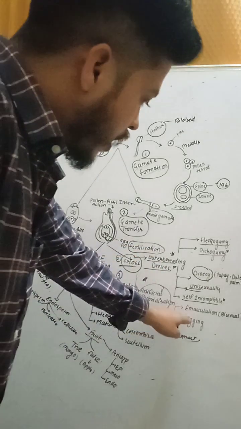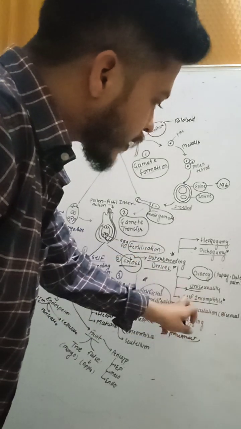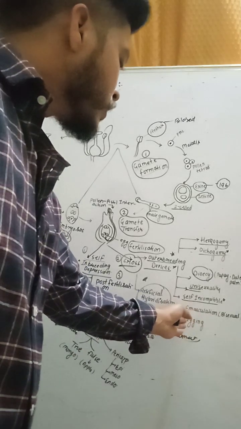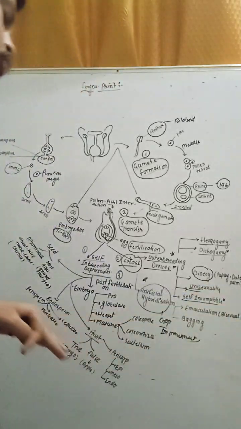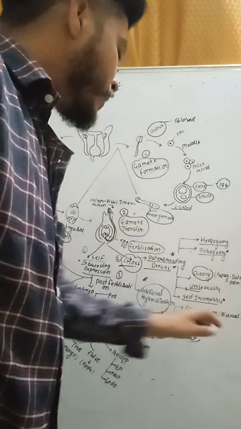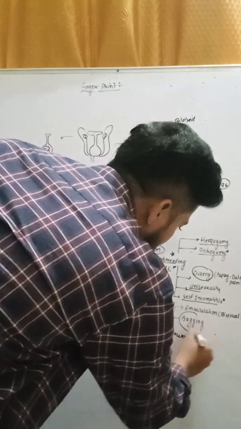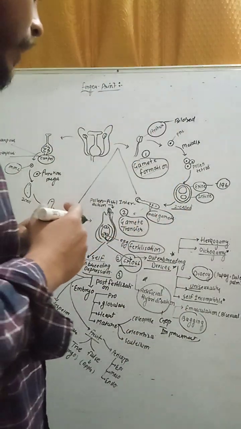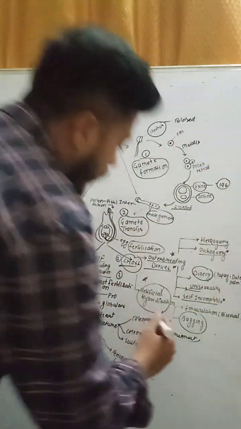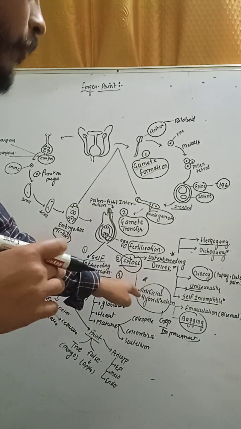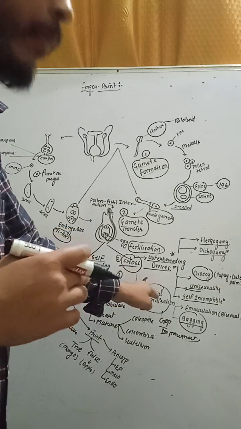If the flower is unisexual or monoecious, like cucurbits, cucumber, there is no need of emasculation. After the emasculation, you have to cover the stigma with the help of butter paper, then reopen and enter the desirable pollen into it. After the entry of desirable pollen, you have to rebag again. That is called bagging. So bagging इसलिए करेंगे to avoid contamination and entry of undesirable pollen grain. So these two are the steps used for artificial hybridization and for crop improvement to develop good varieties of crop in plant breeding.